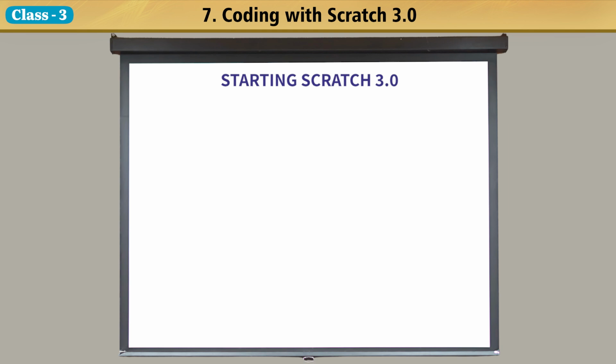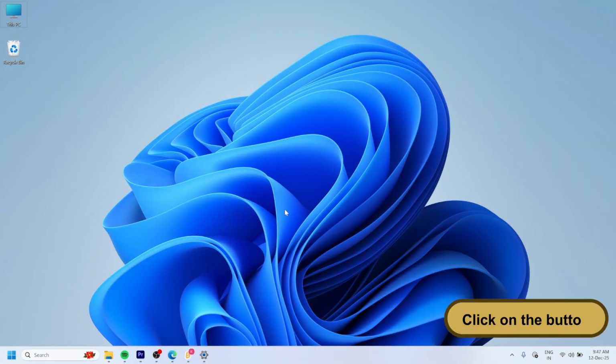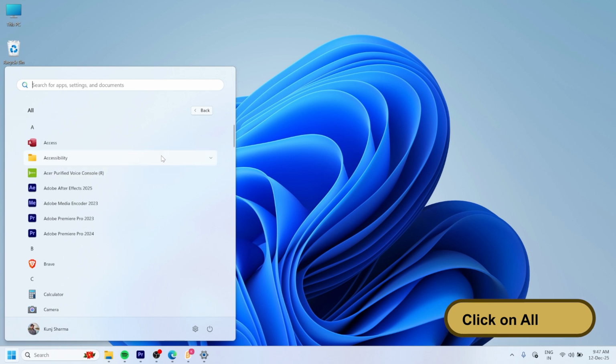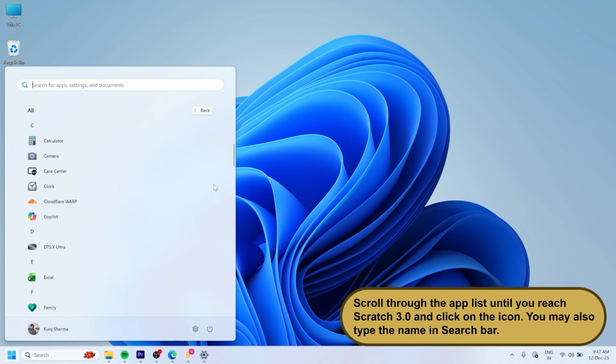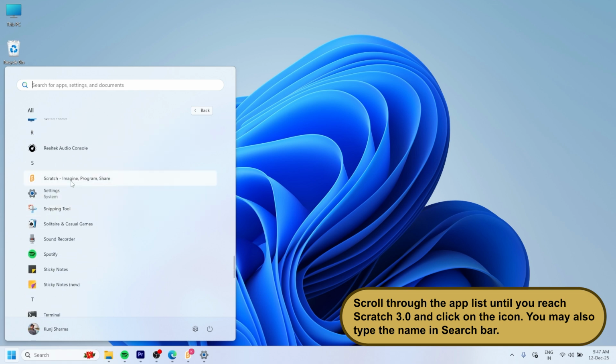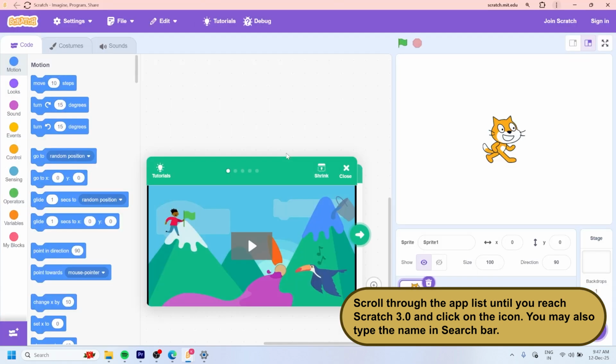Starting Scratch 3.0. Let's start Scratch 3.0. Step 1. Click on the Start button. Step 2. Click on All Apps. Step 3. Scroll through the app list until you reach Scratch 3.0 and click on the icon.